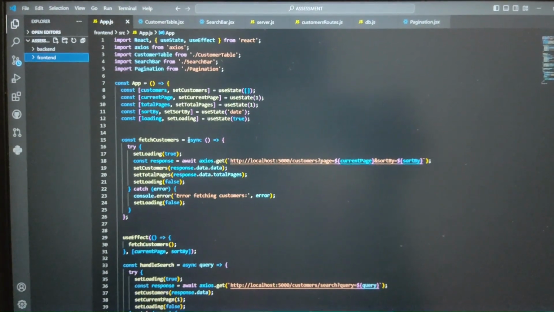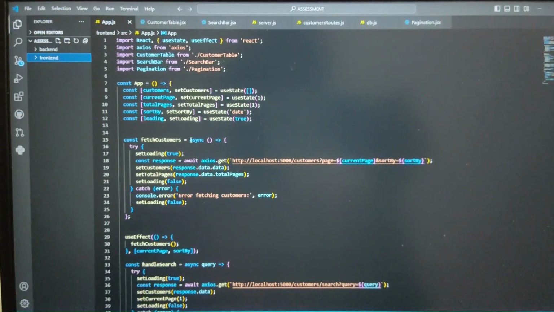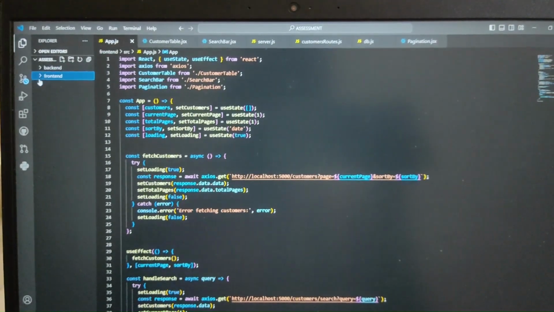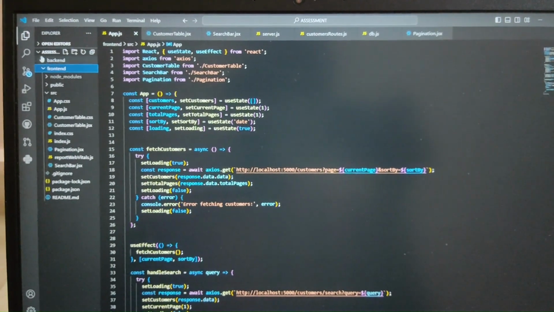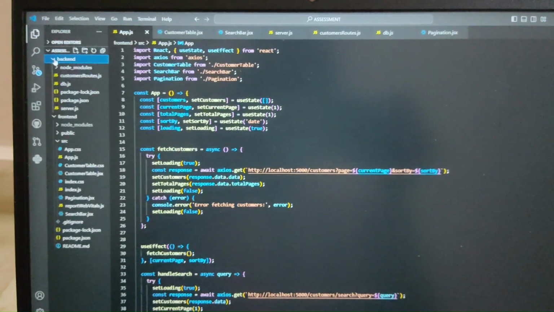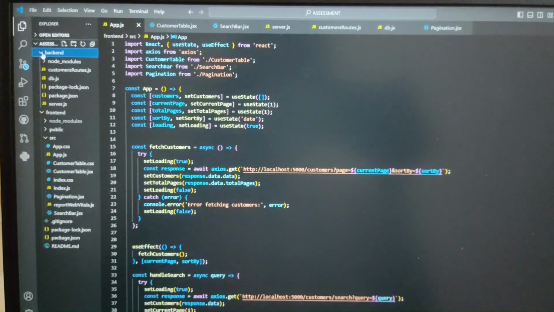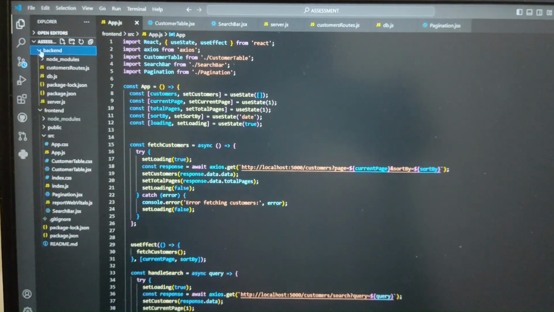To do this project, I have created two folders, namely backend and frontend. The frontend folder contains the front-end part of the assessment, and the backend folder contains the back-end part. To do this assessment, I have used React and Node.js along with the PostgreSQL